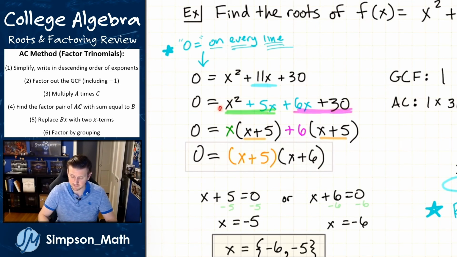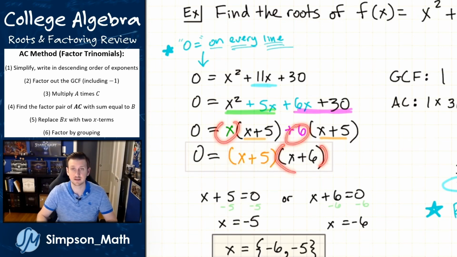grouping. So my GCF of the first 2 is just an x. GCF of the second 2 is a plus 6. Make sure we have that sign there, the addition or the subtraction. And then we have an x plus 5 left inside. Yep, they match. So I'm able to pull out the x plus 5, and then left inside is the